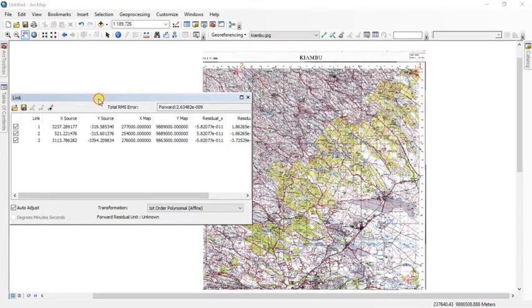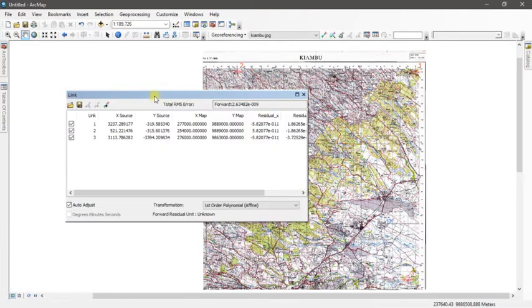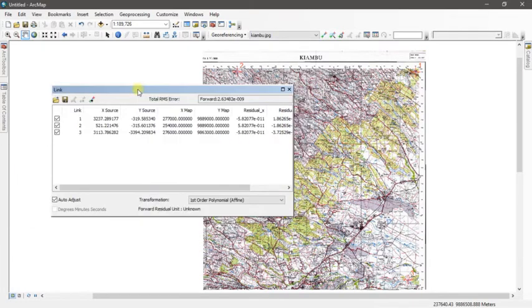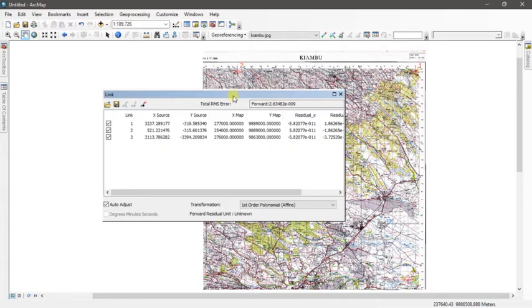Okay, so after georeferencing the rest, I have remained here with Kiambu. I want to show you another tip. You can save the transformation in the link table.